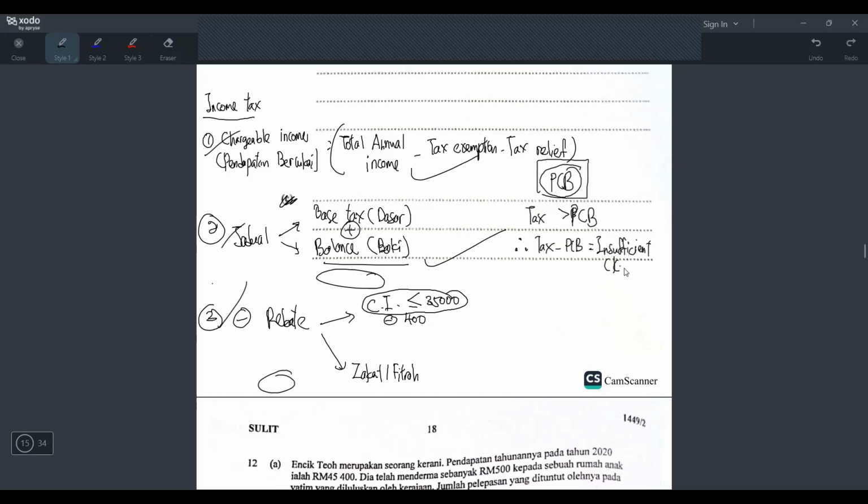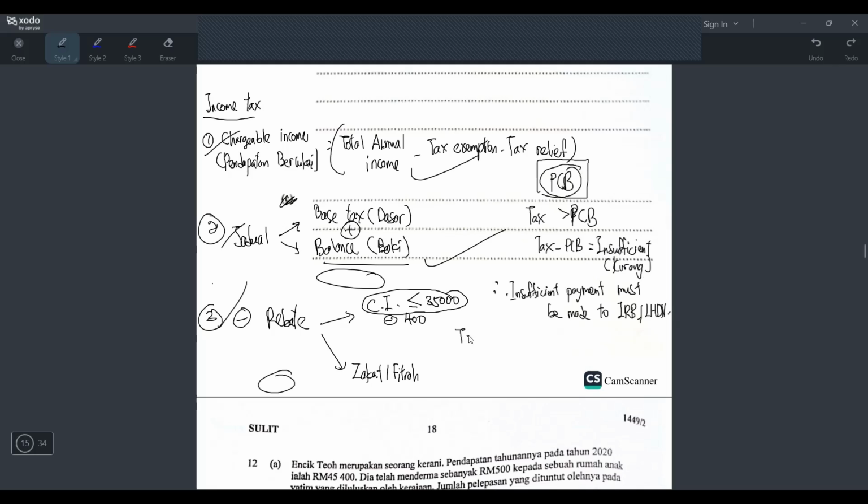Okay, so I write in Malay here, kurang bayar. So if kurang bayar, what you have to do? You have to make the payment, insufficient payment must be made to IRB. IRB stands for Inland Revenue Board ataupun LHDN. Okay, because you kurang bayar mah. So you kurang bayar means the amount yang you kurang bayar, you kena bayar kepada LHDN sebab you kurang bayar,